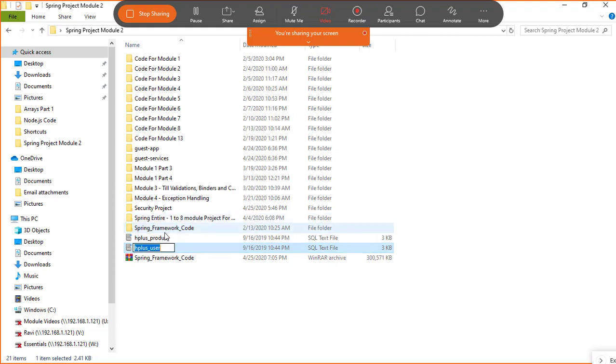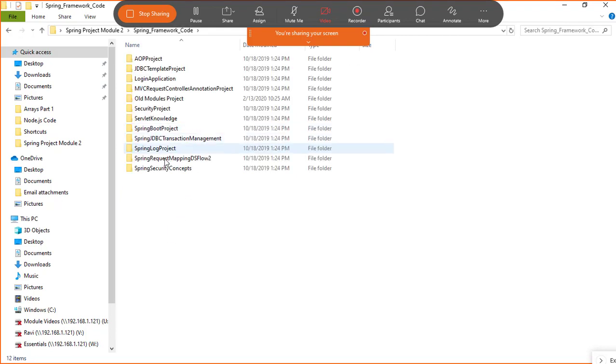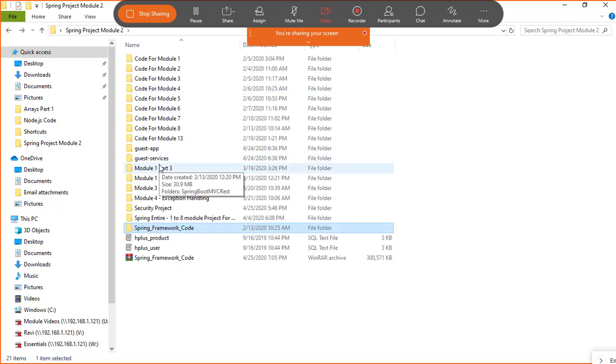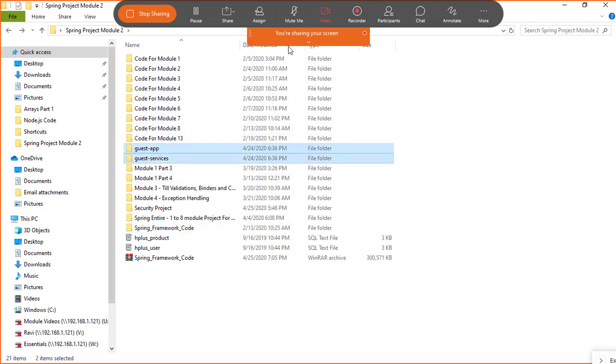It will help you create an H plus database, right? If you find any issue in creation of a database, just let me know and I will tell you how to create the database also. This guest app and services is for the security, right?